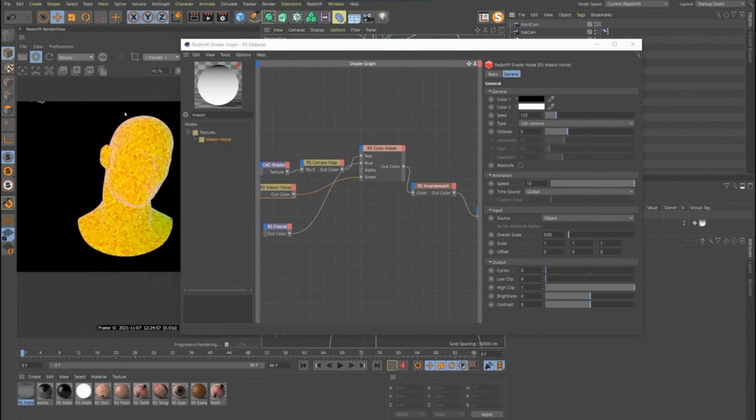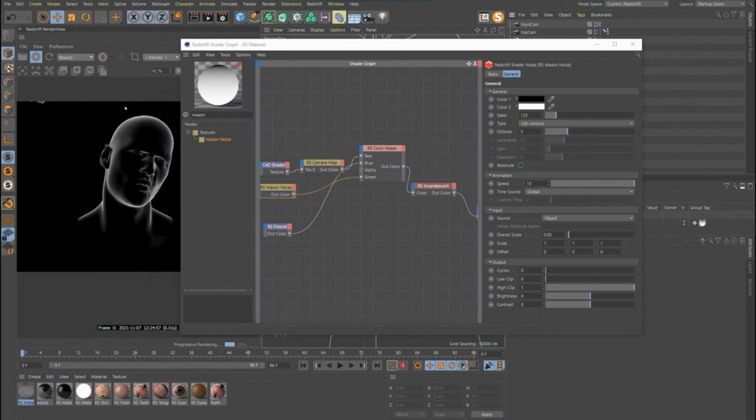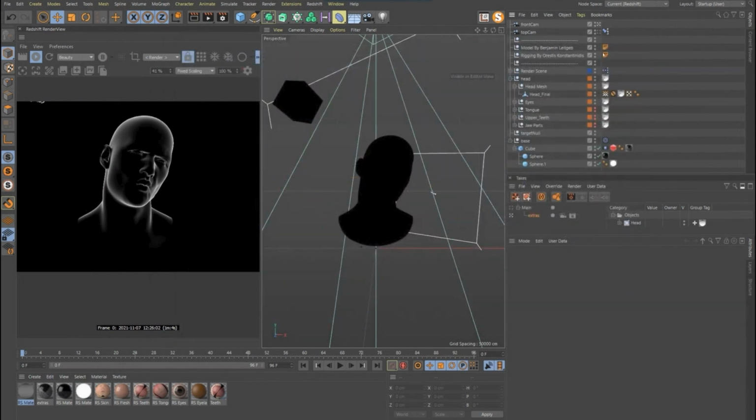So now in this one material, we have three passes essentially. We have our red channel is our front to back, our green is this noise, and our blue will be this Fresnel. So let's work on making this thing colorful. Again, doing it in a way that gives us a lot of control in comp.